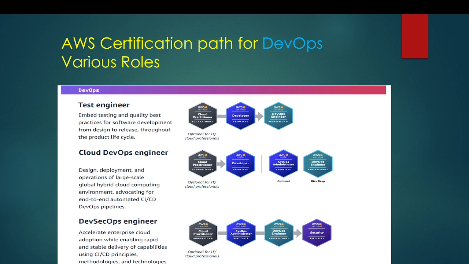Once you have done this Developer Associate, you can go ahead with the SysOps Administrator Associate. I think this is one of the hardest among the associate level. It pretty much covers everything, most of the services also. It's a very good certification for operation roles: monitoring, troubleshooting, alerting. These are the things it mostly covers, with respect to security as well. So you can start with that.